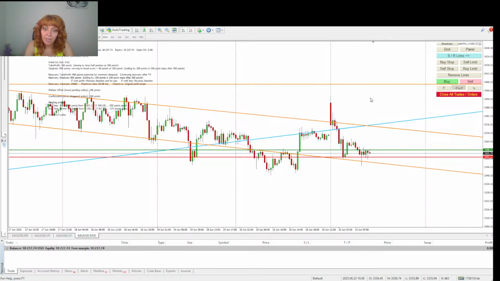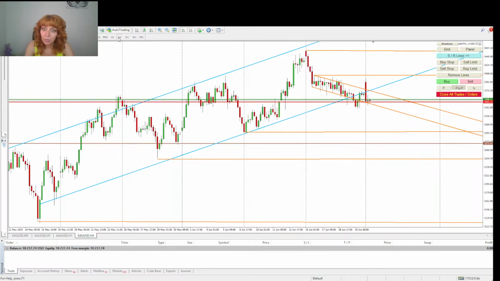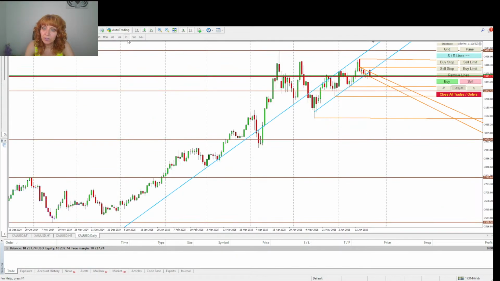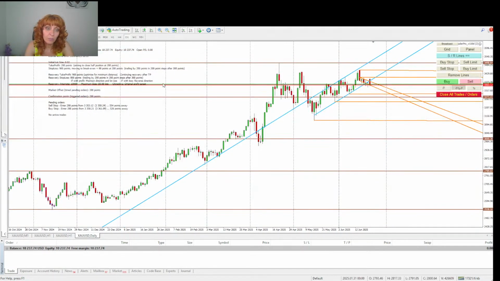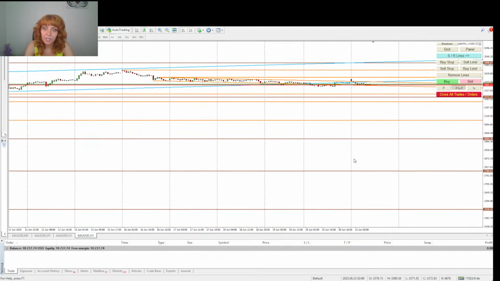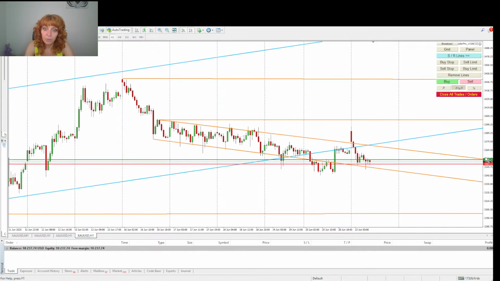So let's have a look at the bigger picture, where gold is basically in this little uptrend channel where it's trying to get out. You see, it did not. From the last time when I was making the technical overview, remember we were around here,